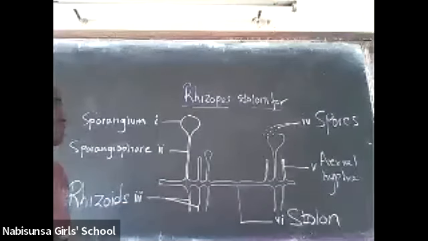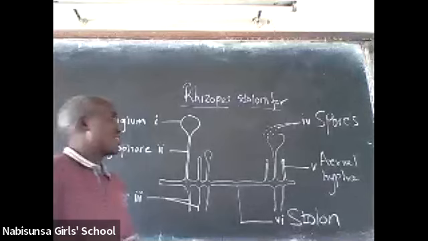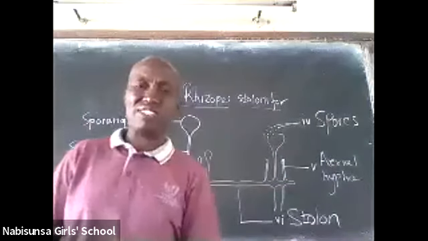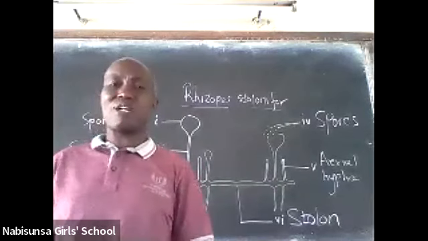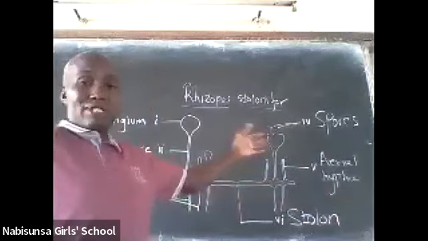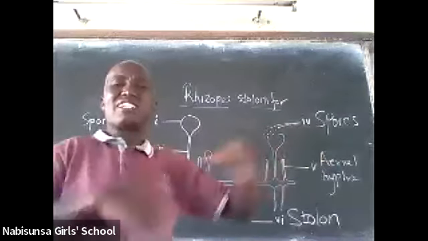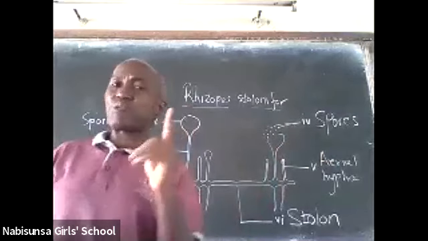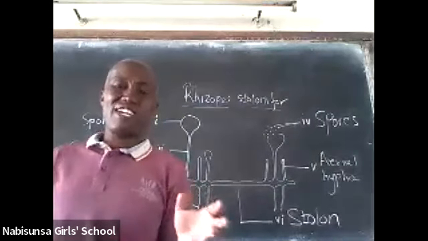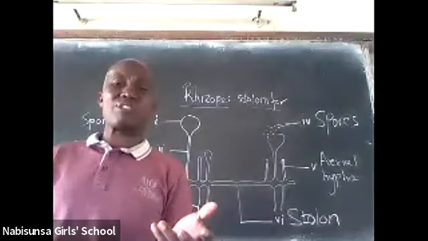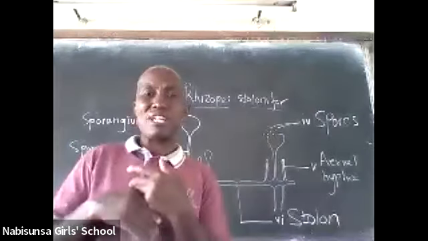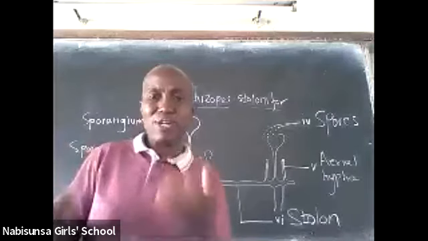Good. Then let me also talk about the spores. Spores, I've already said, are reproductive bodies, very small and very light. They are carried by the air, carried by the wind from this organism here, and then carried almost everywhere. That is why I said fungi are very common in many places. They reproduce by means of spores, and the spores are dispersed by wind. That means they can be found anywhere.